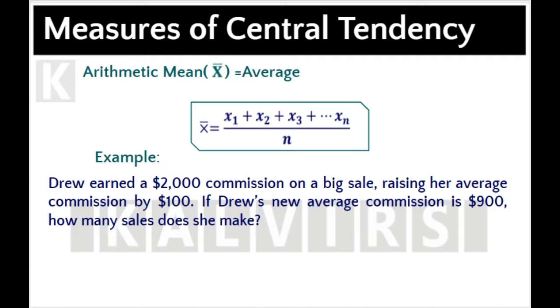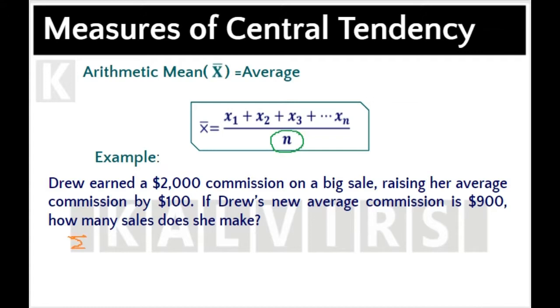The average, or arithmetic mean, is the sum of a set of values divided by the number of values in the set. In the example shown below, Drew earned a $2,000 commission on a big sale, raising her average commission by $100. If Drew's new average commission is $900, how many sales does she make? So first of all,